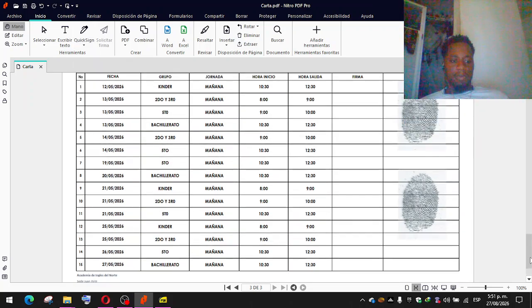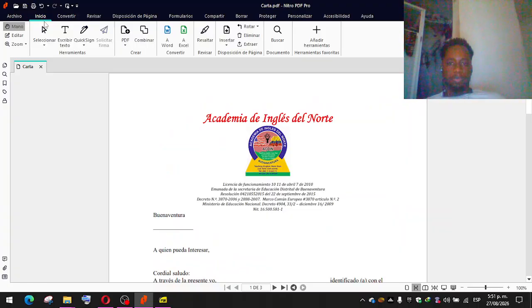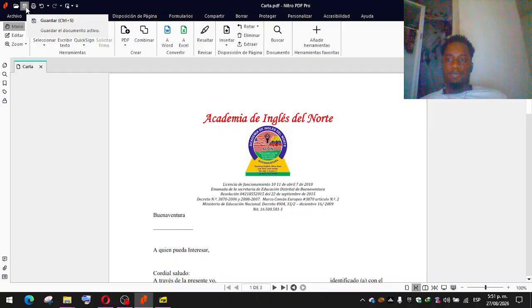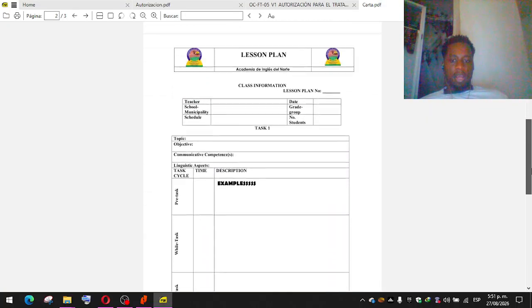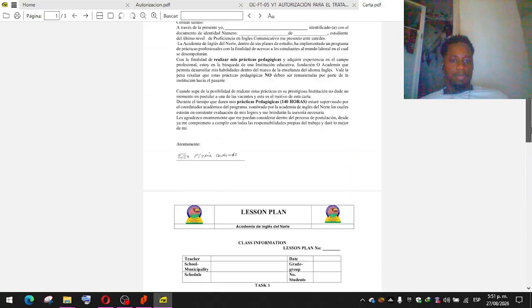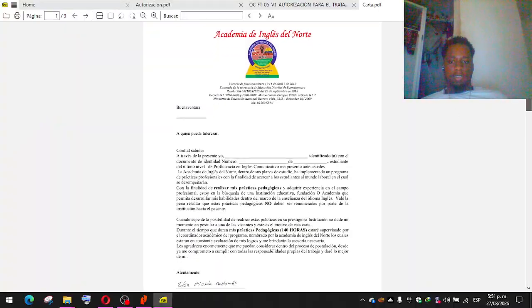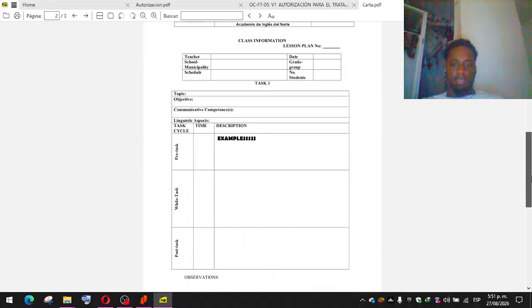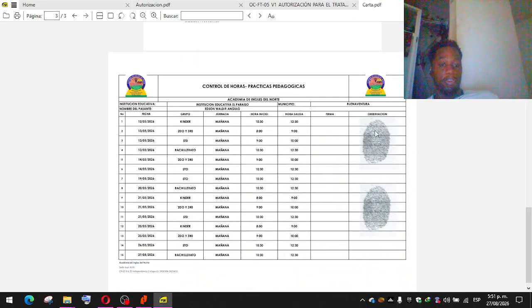Yes, you have two options: print to PDF file, or only save to edit the original file. Okay, I'm gonna make it save. And as you can see, this loaded the document instantly. You can see the sign, you can see the letter that I put before, and you can see the footprints, the fingerprints, right? Yes, can be helpful